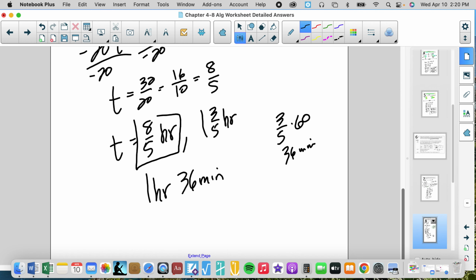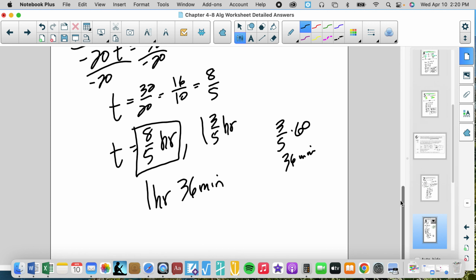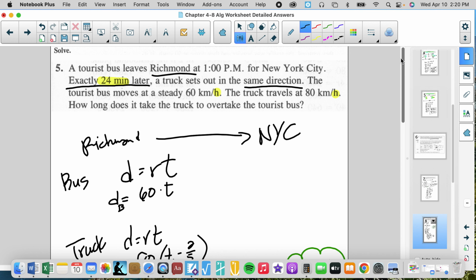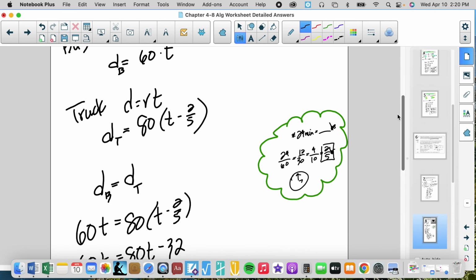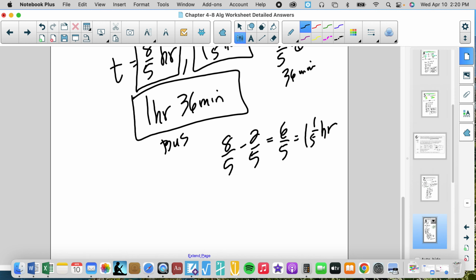So I'll take that for the time. T represents the bus. So this is all bus time. But I think it wants to know how long it takes the truck to overtake the tourist bus. So the truck is going to be t minus 2/5. So we would say 8/5 minus 2/5, which gives us 6/5, which is 1 1/5 hours,